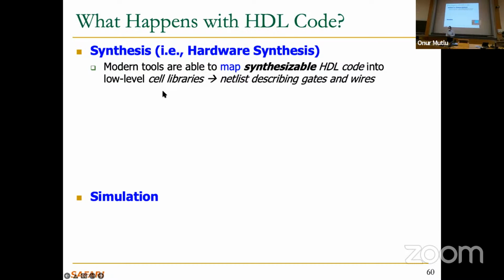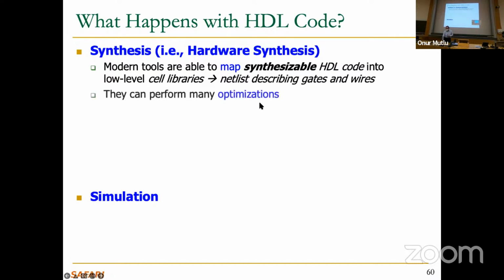Makes sense, hopefully, right? And this is also called a netlist for historical reasons. Basically, this netlist describes what gates you use, what wires you use, and how they are connected with each other. Okay. So modern tools, for example, can take this, and then that netlist may get transferred to an FPGA as a bit stream,